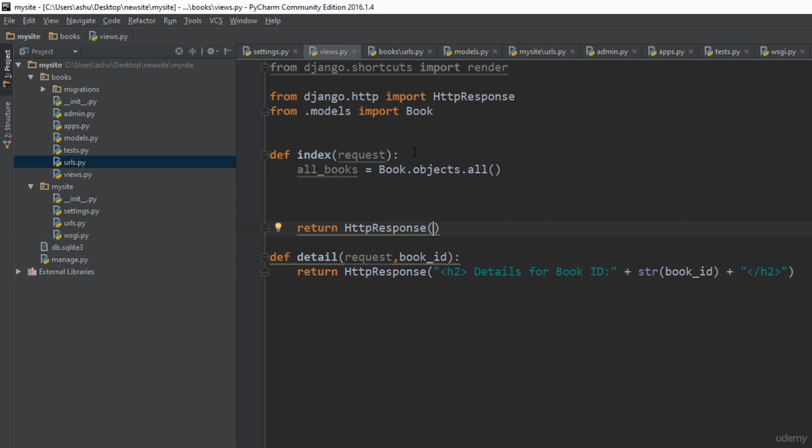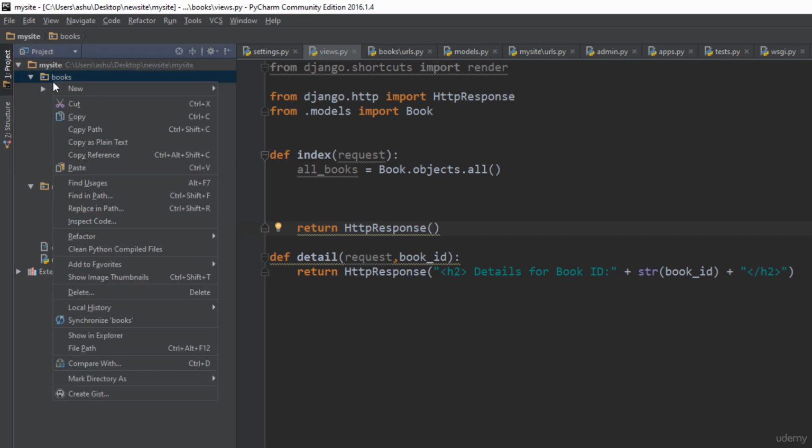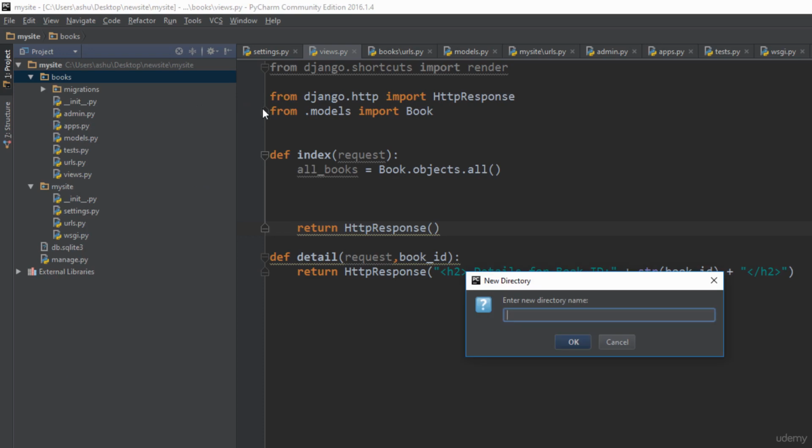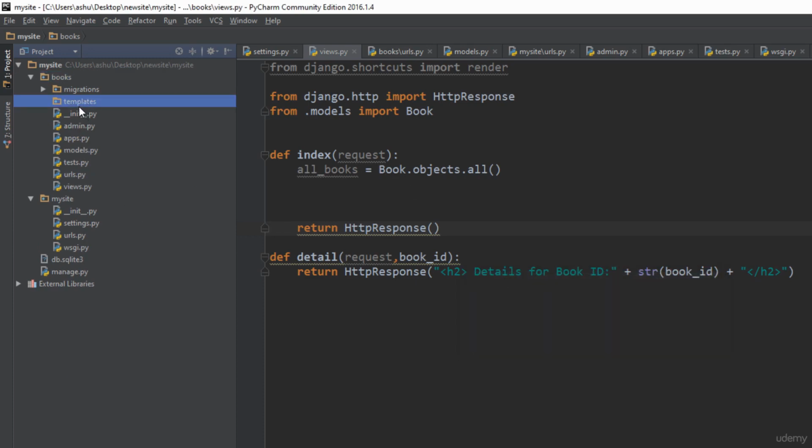Right now we need to create a template in the books directory. So you simply need to go to the books directory, right click on it, go to new and create a new directory and call that directory templates. So you type templates over here, hit OK, and it is going to create the templates directory for you. Now, once you have this templates directory, you need to create one more directory